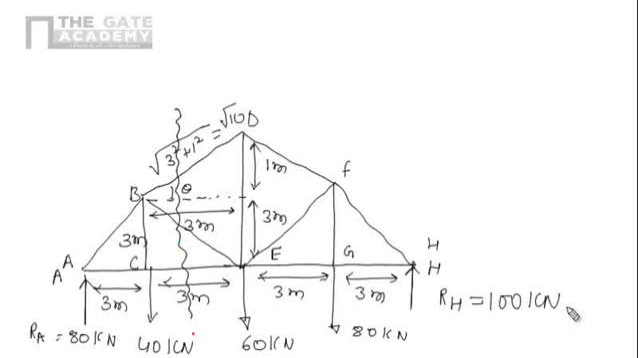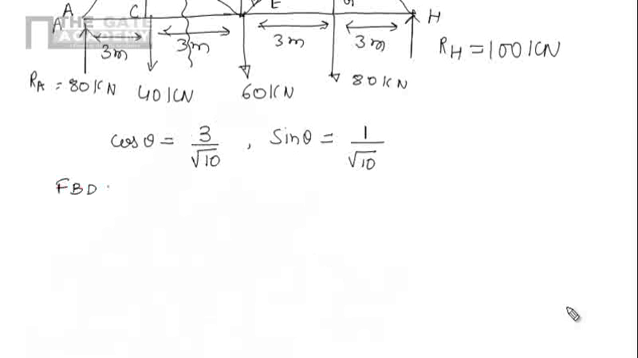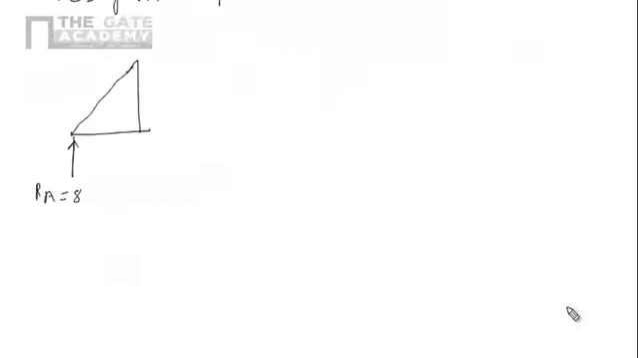Now we can draw the free body diagram of a smaller part. So now we are drawing free body diagram of a smaller part. So in free body diagram of a smaller part, we are having this thing here, that is RA equals to 80 kilonewton we are having. Here we are having 40 kilonewton. This is the cut part here. This is also cut part and this one is also